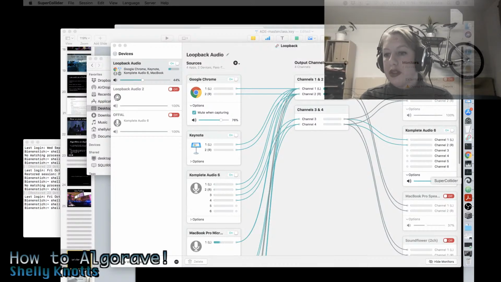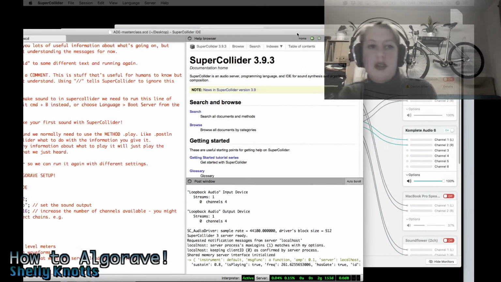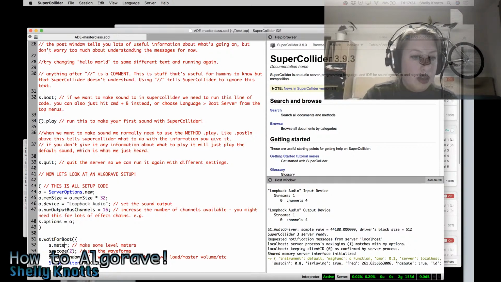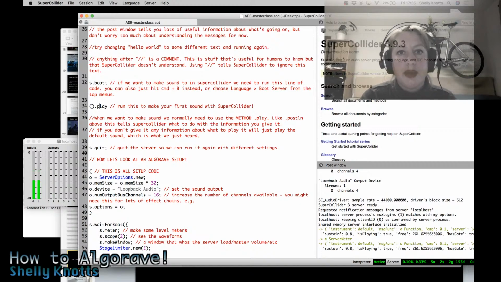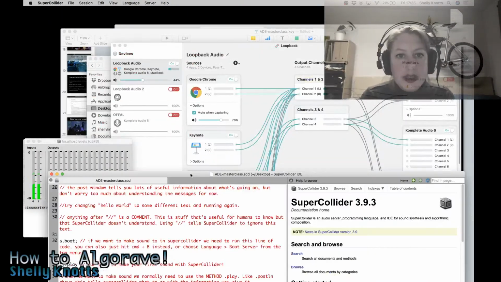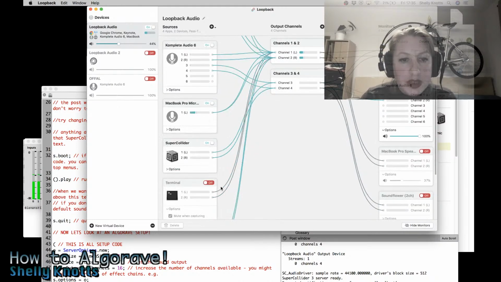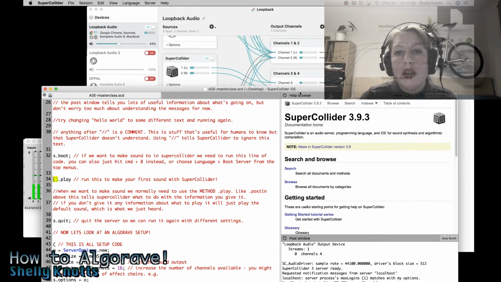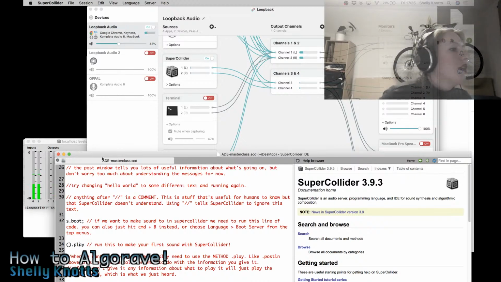settings because I've got some kind of complicated things going on here. So I know that I'm getting audio in SuperCollider. So the question is why I'm not getting audio in my headphones, which is probably something to do with the audio routing. So I'm going to 3, 4. Let's just try that again. That's exciting because it should be sending to